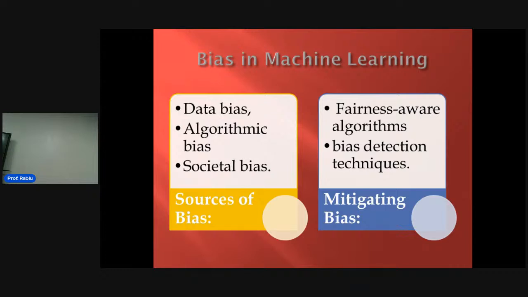Okay. And so we look at the fairness, how to mitigate this bias. We need to be fair. Since we know that this algorithm or model is based on the West, we need to be fair to calibrate it to suit the environment. And also, we need to have a detection technique for that kind of bias if it happens. Not all the models that we can just adopt and use. We need to have a mechanism to detect if it is biased and try to be fair and recalibrate or tweak it or fine tune it to make sure that we get the best out of it that suits that particular environment.